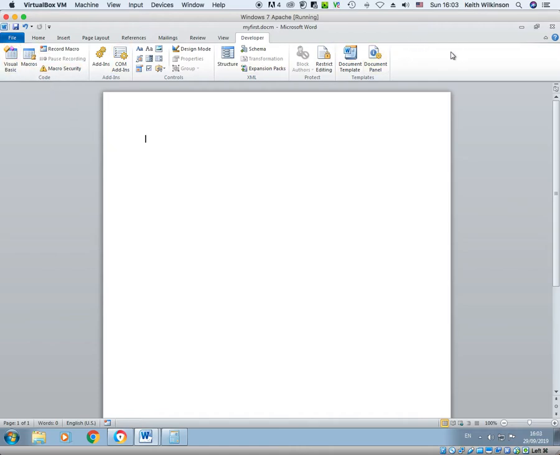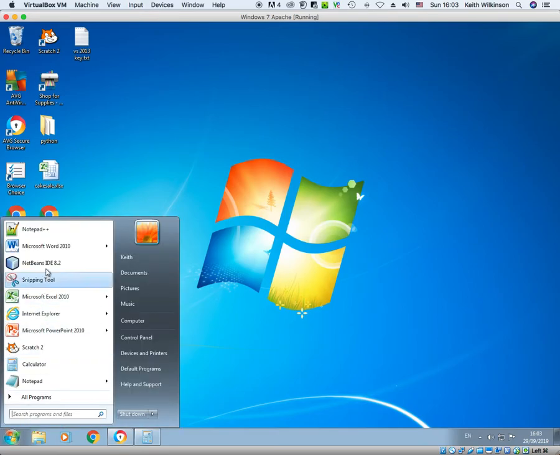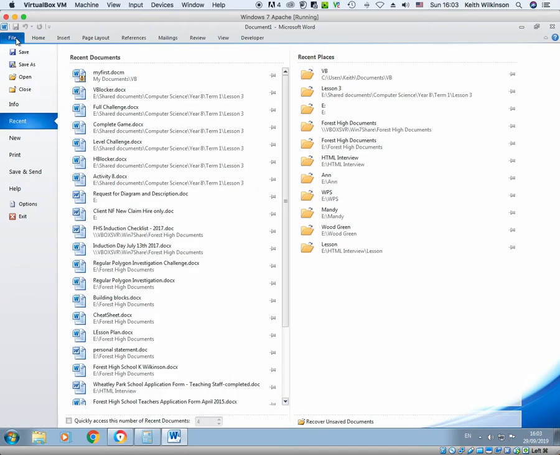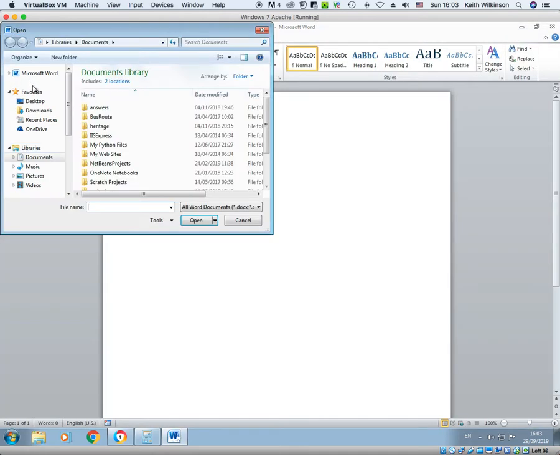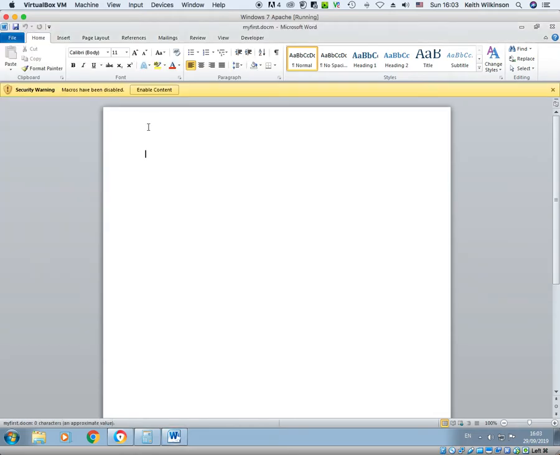So just to sort of prove it, I'm going to shut down Word and start it all up again. Hopefully it'll be quick. There we go. And if I go to choose File and Open, what we should have is a list of programs that we've done before, but I'm going to choose Open. And notice it's saying here all Word documents, so be careful. We've got a Doc M, which is the one that we need there. So if I go back to my folder, VB, click on My First Doc,